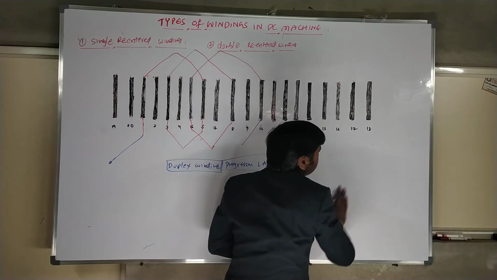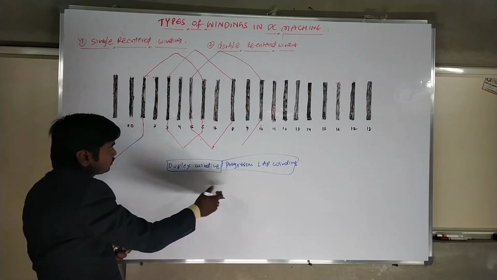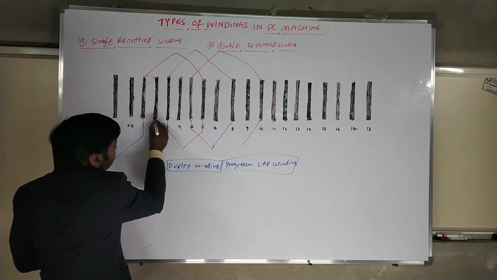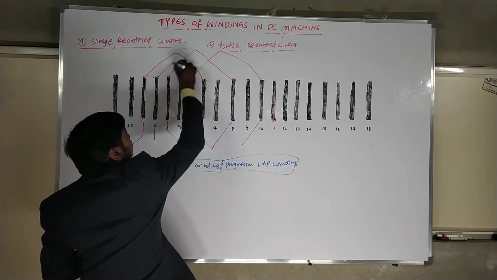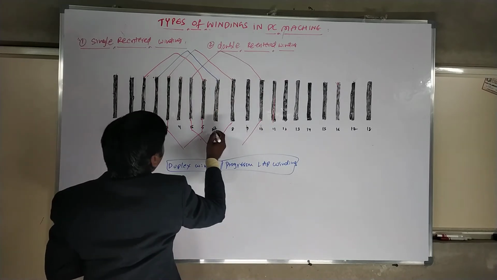To go like this, the ending winding will come. That ending winding should be brought over here. Then after this, it will connect to whatever empty slots you are having. Whatever empty slots you are having, you can now fill them out.